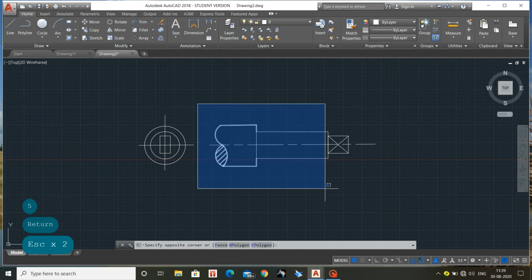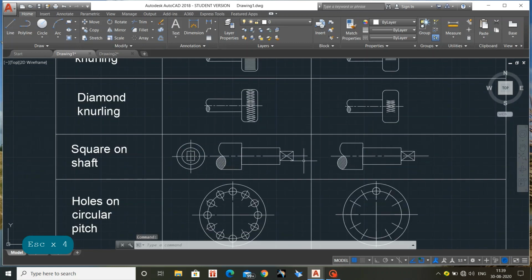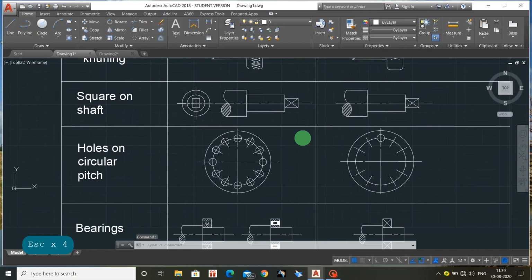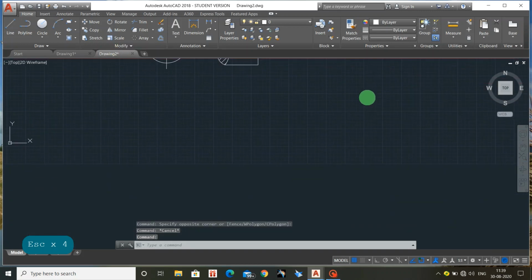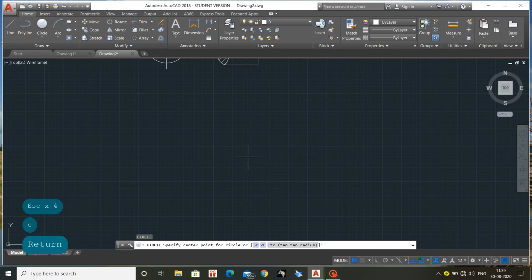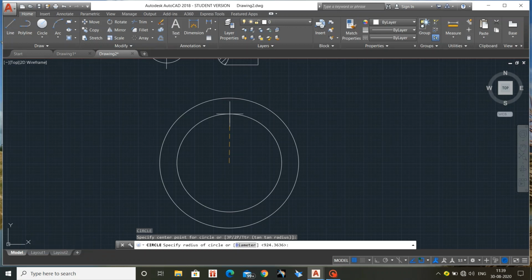This will be the conventional representation and this will be the subject representation. So see this one. And now the hole on the circular pitch. Actually it is very easy to draw. I'll show you. Select a circle. So draw that. Again, if you draw inside boxes, you need to manage the space. If you draw very large diagrams, it is difficult to place inside the block, or else whatever you might construct here, that box will be helpful.